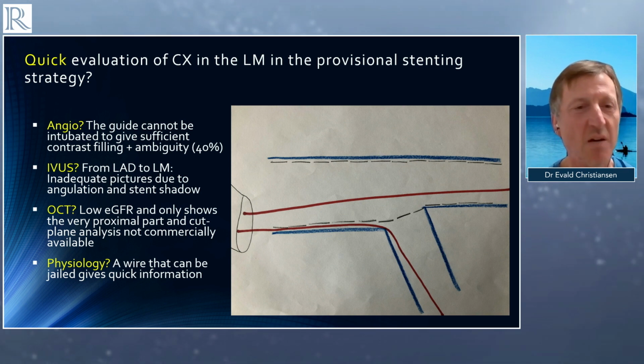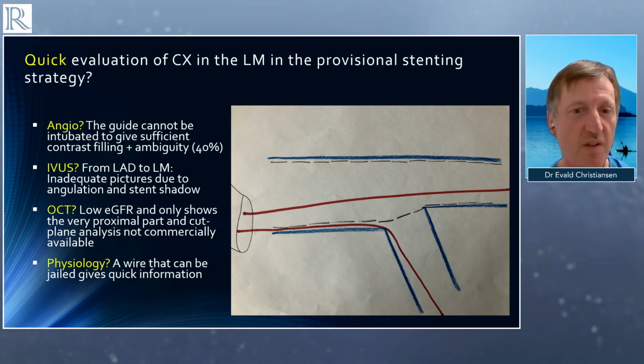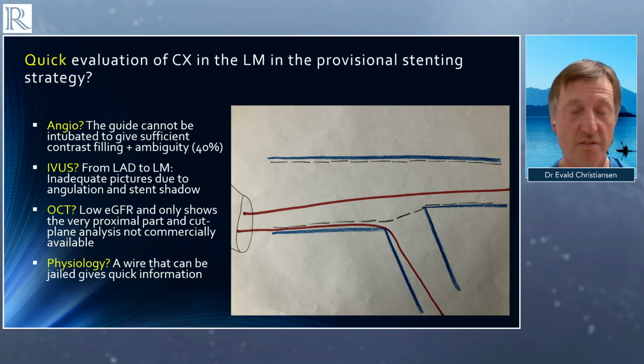So how do we do a quick evaluation of the circ in the left main in the provisional stenting strategy? Can we use the angio? The guide cannot be intubated to give sufficient contrast filling because we have a jailed wire in the circ for protection. And the circ ostium often shows ambiguity on angio. In 40%, we estimate that we cannot get a free projection of the circ due to the constraints of the